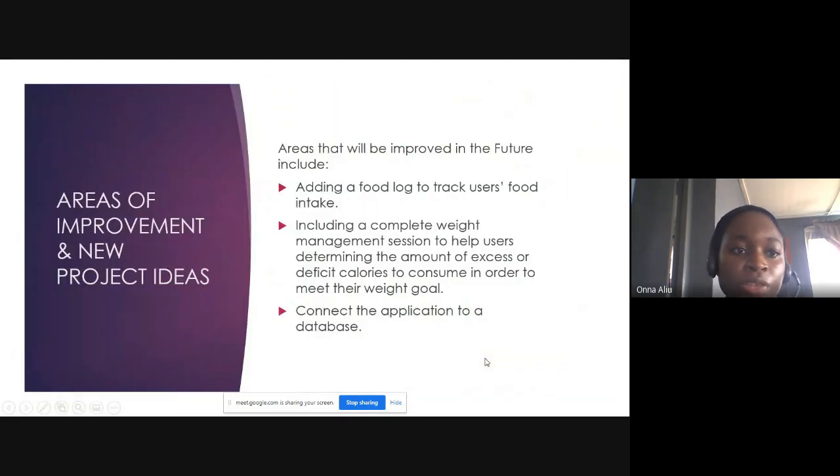So I'll go to areas of improvement and new project ideas. That app on its own cannot be used alone for weight management. So in the future, I hope to add a food log where a user can add their food. This one is telling you how much you burn on a daily basis, so you can add one that tells you how many calories you are eating or how many calories you